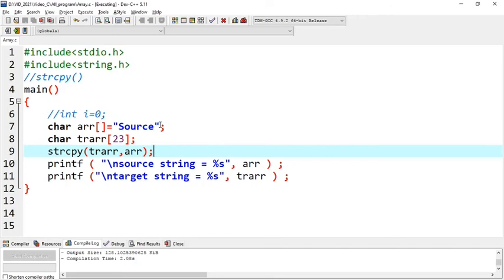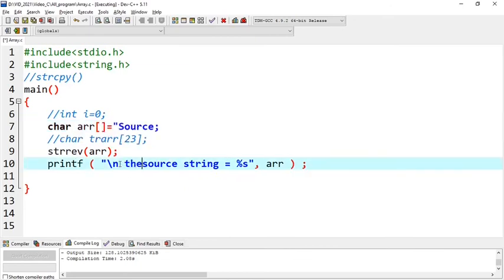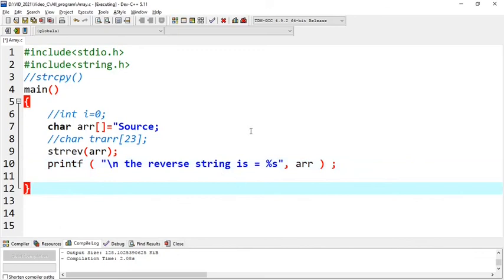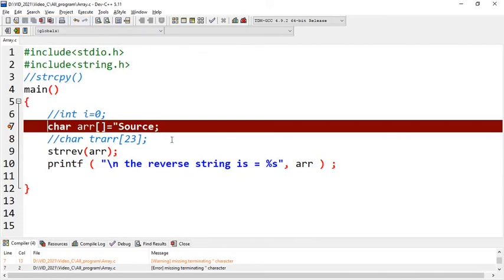String reverse also you can do. Is it possible? Let me see if string reverse works over here. So what happens?